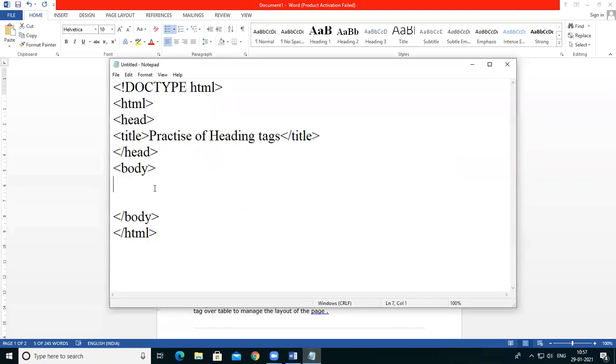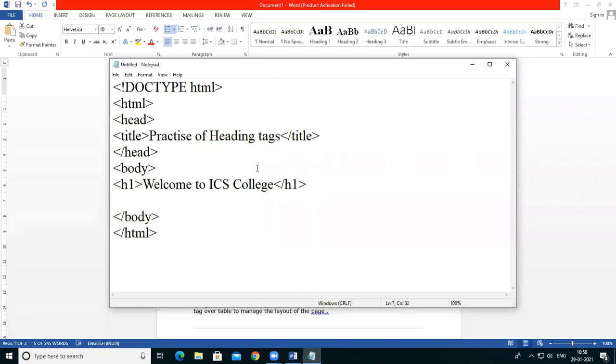I'm using all these headings in this program. First, I'm using H1. Close this H1 tag. The size depends upon H1, 2, 3, 4, 5, 6.